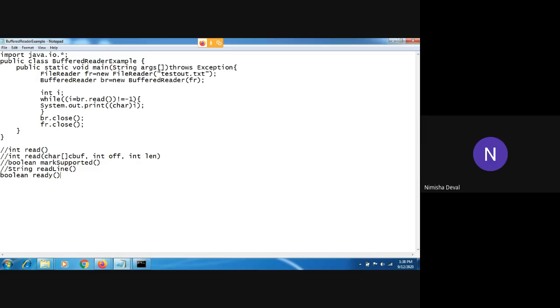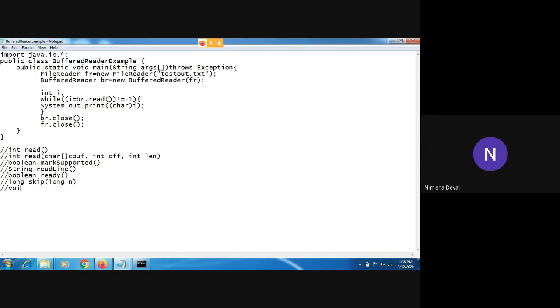This method is basically used to test whether the input stream is ready to be read or not. After that, another method is long skip. It contains one parameter, you can give any name. That method is used to skip particular characters.